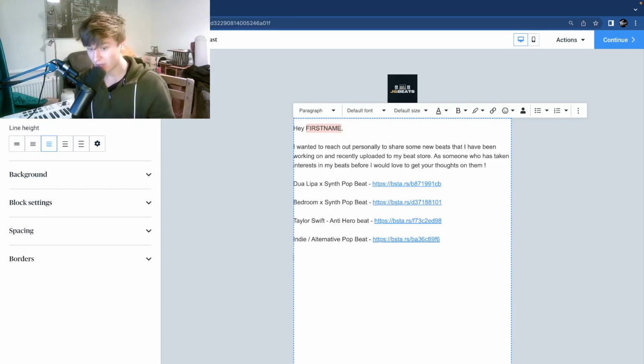So I'm not going to say anything about a sale or promotion, because when you're doing an email, you don't want to try and achieve multiple objectives. You want to focus on one thing. Like if you want to do an email for the purpose of letting someone know there's a discount, do it for discount. If you're doing an email for the purpose of getting people to just listen to your new beats, do that. Then I'll say, let me know